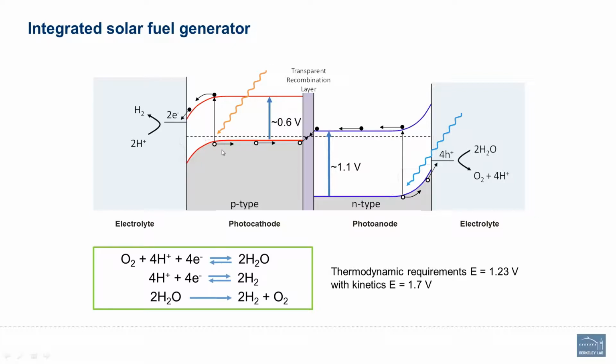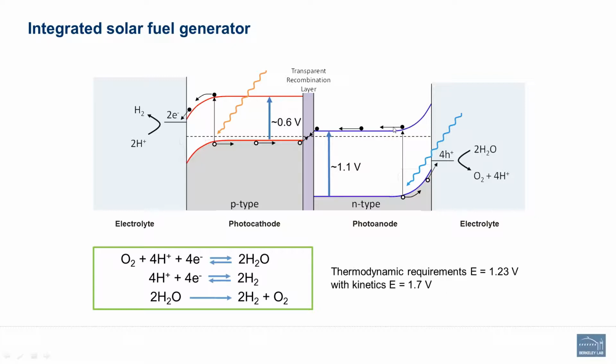We absorb light, we generate charges, and the electrons will travel downhill and will reduce water to hydrogen. So again, this reaction is a high energy demanding reaction because we need to remove 4 protons from water, 4 electrons to generate oxygen. And then we need to generate hydrogen as well. So we need this 1.7 volt, and thus we need to select our semiconductors in a way in which we get this